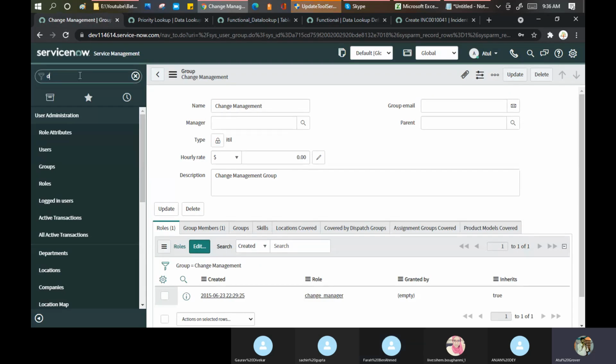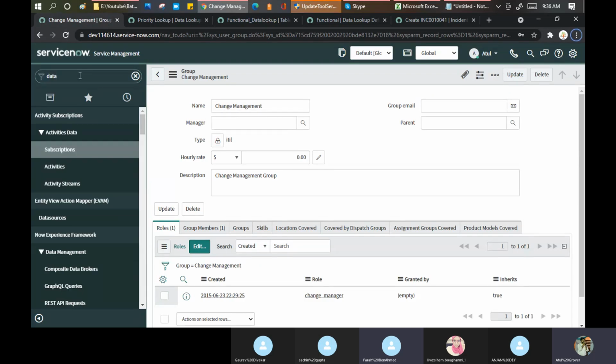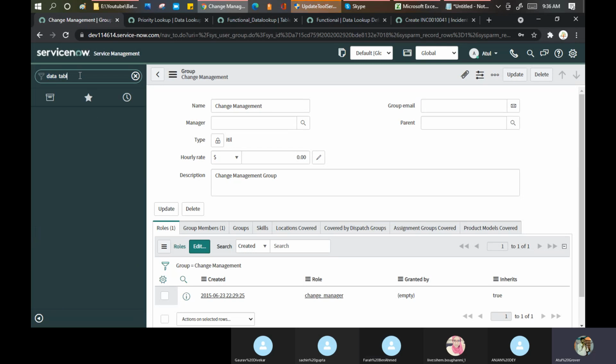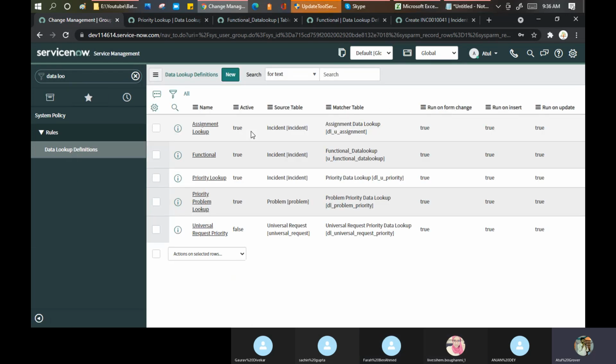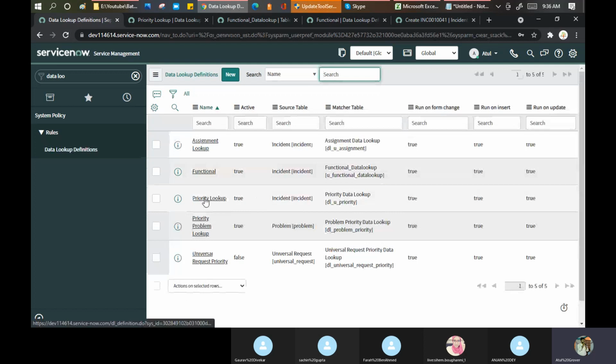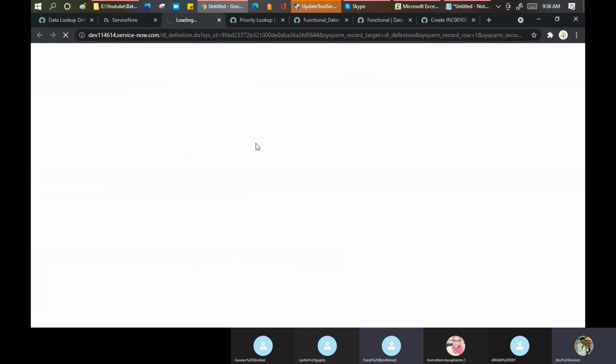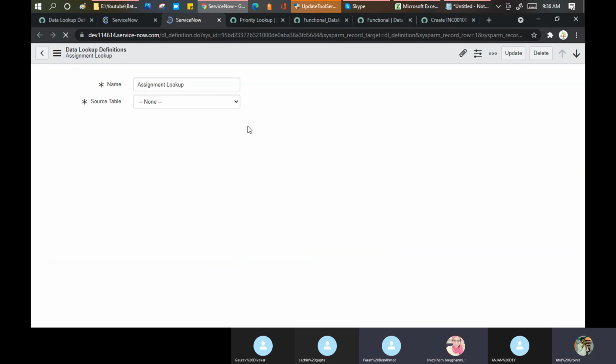Open this definition. Maybe we are extending the wrong table. Lookup definitions. Guys, can you think why it's going wrong? Yes, we are thinking. Only thinking. Give me some inputs.